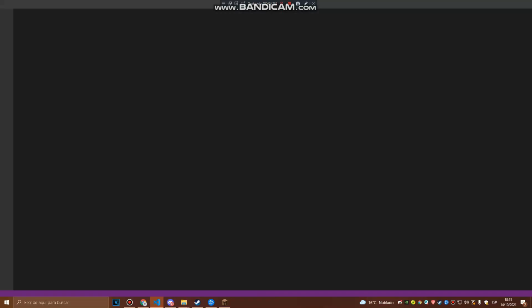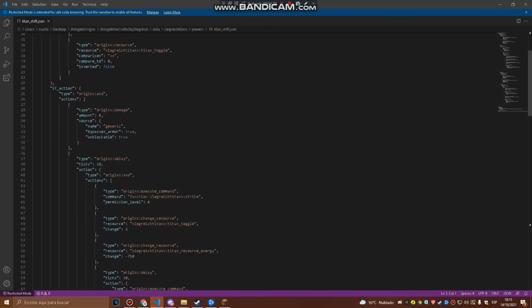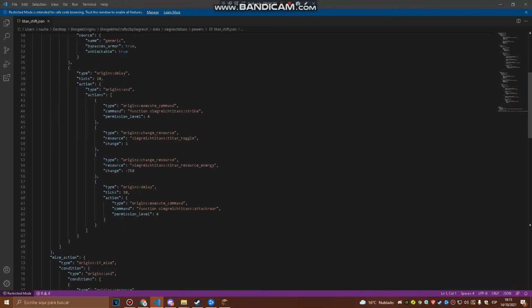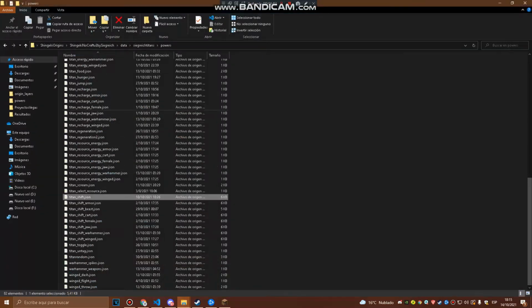In my Titan shift, I have something new. As you can see, you have something called execute command. It's a very good way to make this work. Do an execute command, and the command you need is to run a function. How do you do a function? Go to your